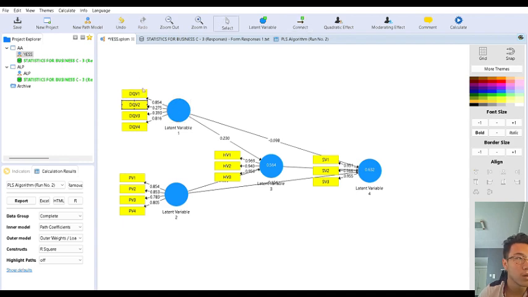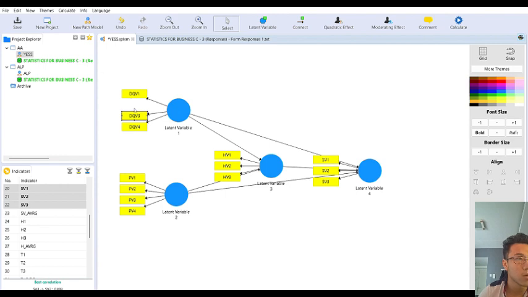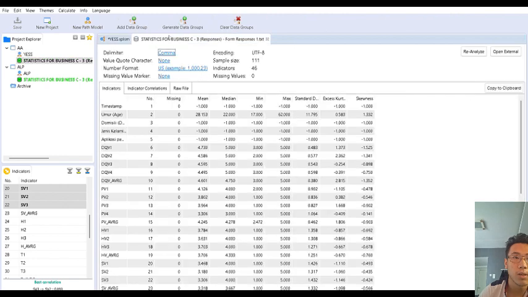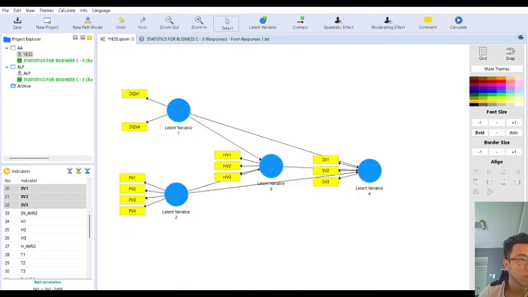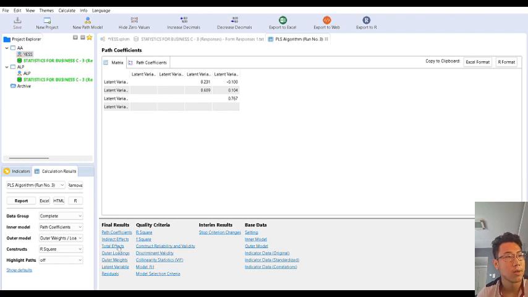Delete, and then you can go back and calculate it again. And you can see the data is significant now.